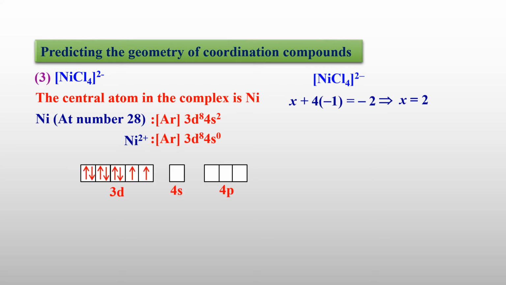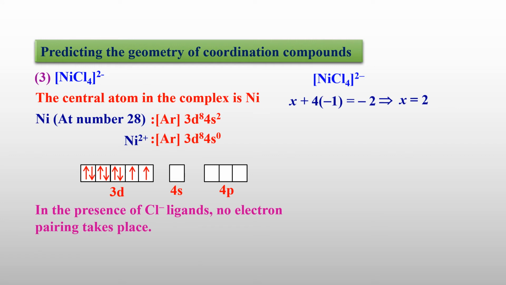Then draw the orbitals, and according to Hund's rule, you fill the electrons. So it is 3d8 4s 0, so 4p is also 0. Now in the given complex, the chloride or chlorido is a ligand. This ligand is a weak field ligand. This ligand is weak field and it exhibits high spin. So if it is a weak field ligand, then there will be no pairing up of electrons.